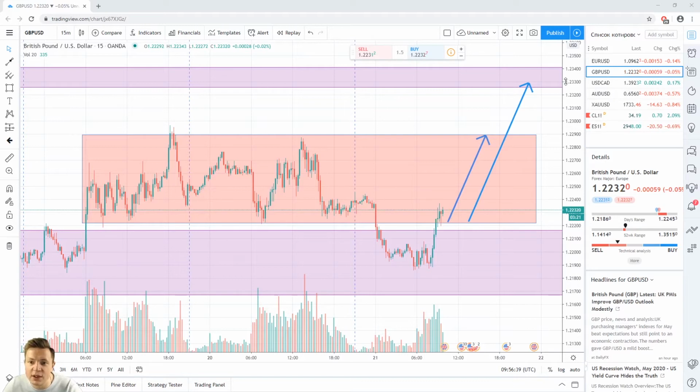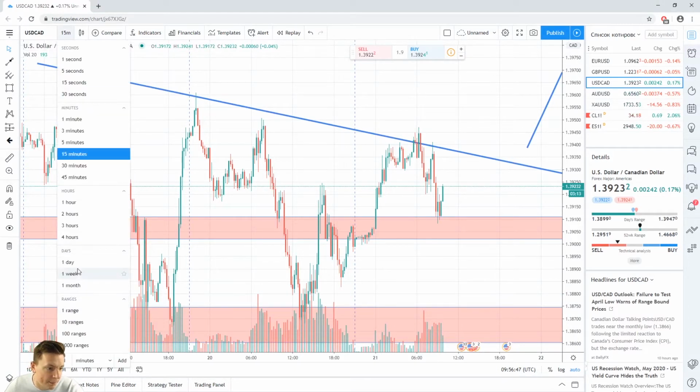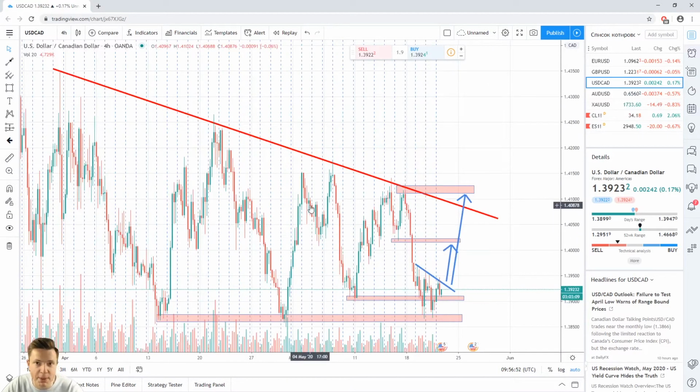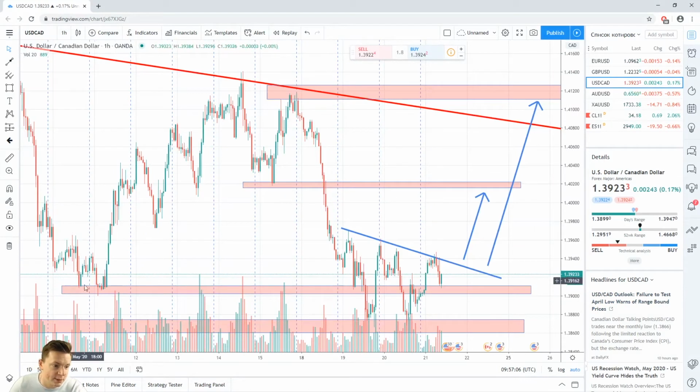USD Canadian dollar. In USD Canadian dollar, today I give you a more middle term recommendation. Look at the H4 time frame for a better understanding of the big picture. The bigger picture says to us, here we can see an important support level around 1.3850, and also if we go into the H1 time frame, we can see an important impulsive level around